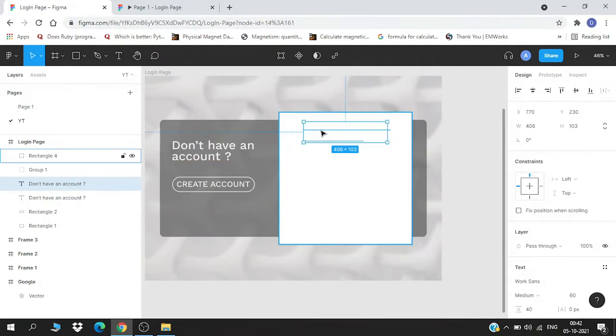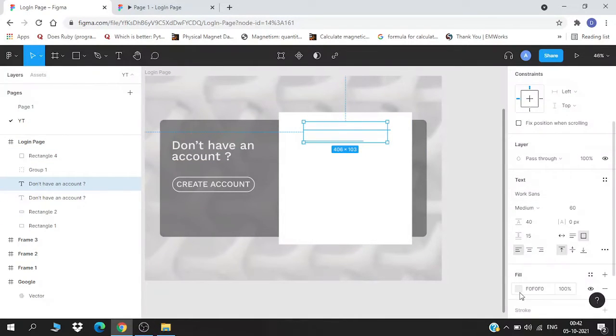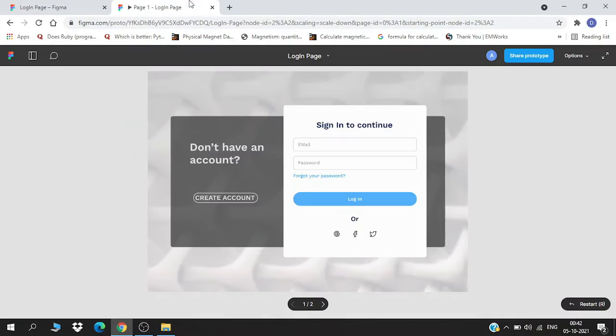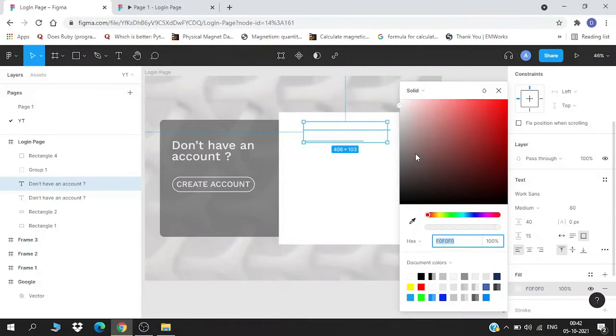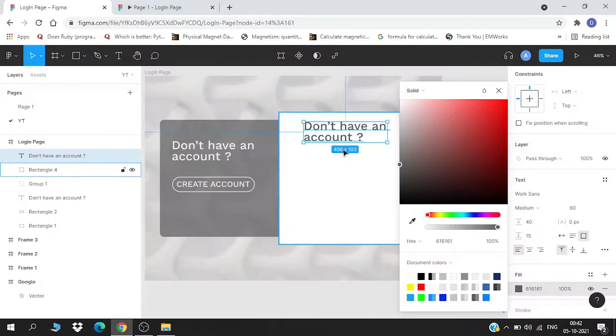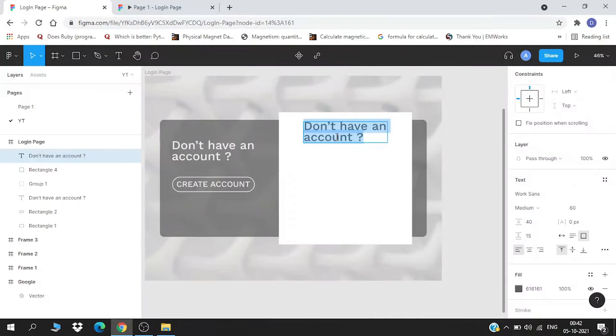I'll select it and paste over it, and I have to choose the right color. I remember some of the hexa codes for the blue color, so if I take this one, I guess this is black only, a different shade of black though. I have to take it above. Yeah, now it is visible. So yeah, this is fine.